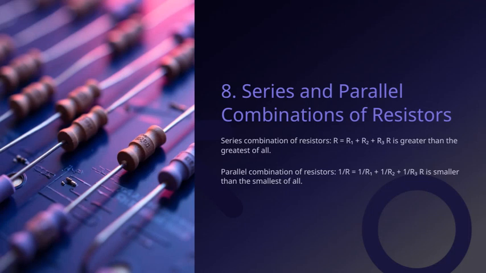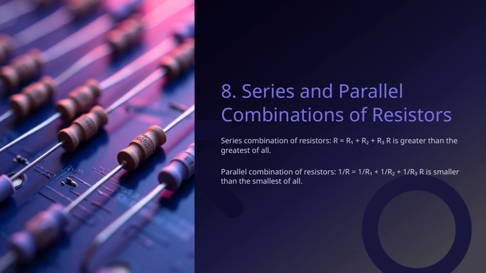Now, let's look at the parallel combination of resistors. When resistors are connected in parallel, the equivalent resistance R is found using this formula. 1/R equals the sum of the reciprocals of each individual resistor. So 1/R equals 1/R1 plus 1/R2 plus 1/R3. An important point here is that the combined resistance R is actually smaller than the smallest resistor in the group. This makes sense because adding more paths for current reduces the overall resistance, providing an easier route for the current